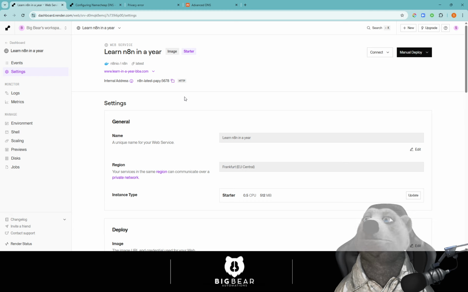So if you're getting that error, just wait a little bit, try and remove your cache if you can, try a different browser, try incognito. Eventually it should work. I have spoken to Render today, and they said that they do the SSL stuff all for you. So just go through it, wait, and it should work. If it doesn't work, then reach out to them. But I've done the same today, and they've said that